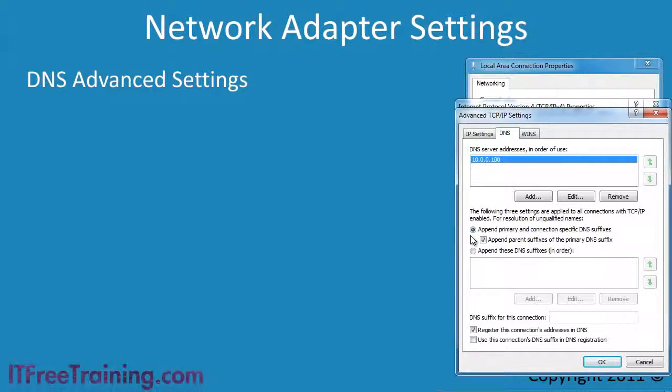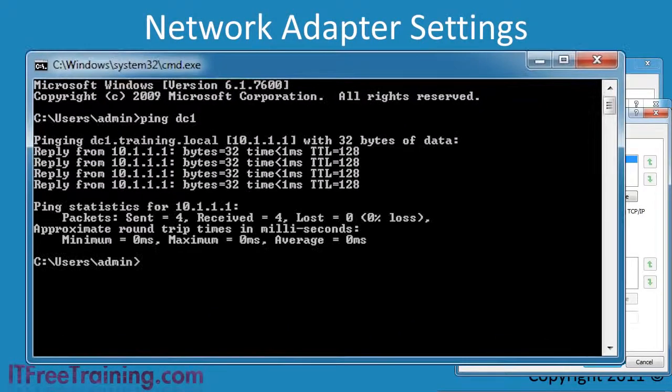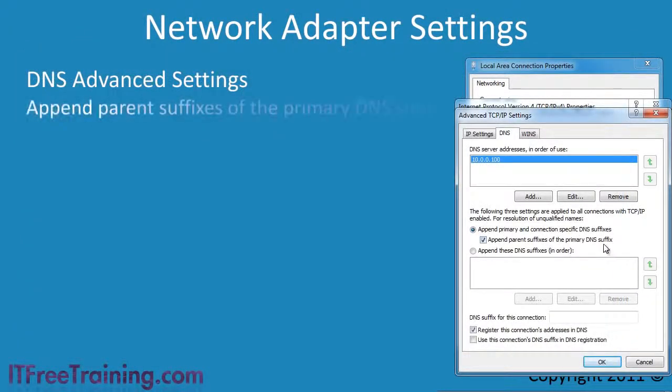To demonstrate this, if I open a command prompt and ping DC1, you will notice that training.local will automatically be added to DC1. The domain is training.local, and thus this suffix will always be added automatically when attempting to find computers. The next option, Append parent suffixes of the primary DNS suffix, does not apply when using a domain like